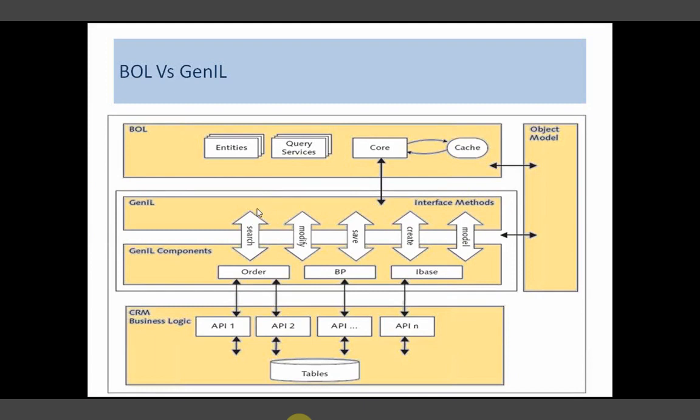These interfaces contain different methods: search, modify, save, create and model. And the interface is built to set rules for its underneath layers.